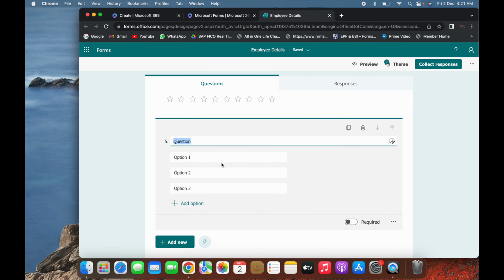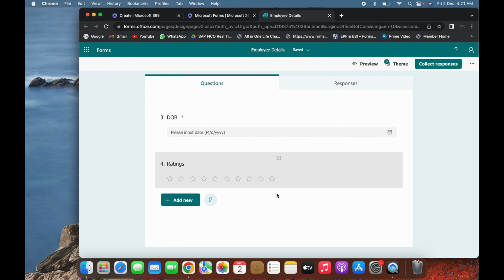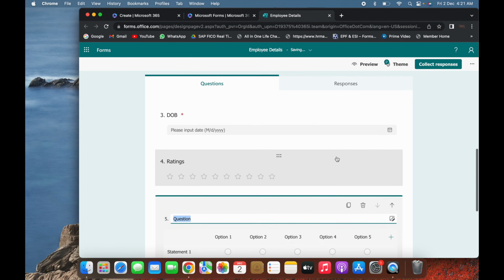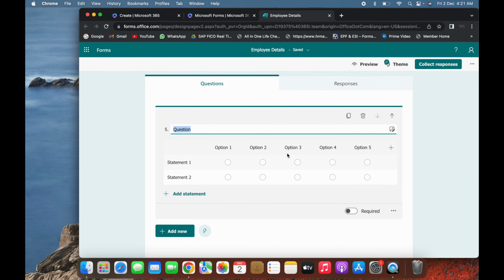Then you can see this is also a kind of choice based question, and you can add on as per your requirement. So as of now, I don't feel that is required. Just to make you understand what options are available, I'm keeping on adding over here itself. Now click on add and like. So like is something that has option 1 2 3 4 5, there are different options available.